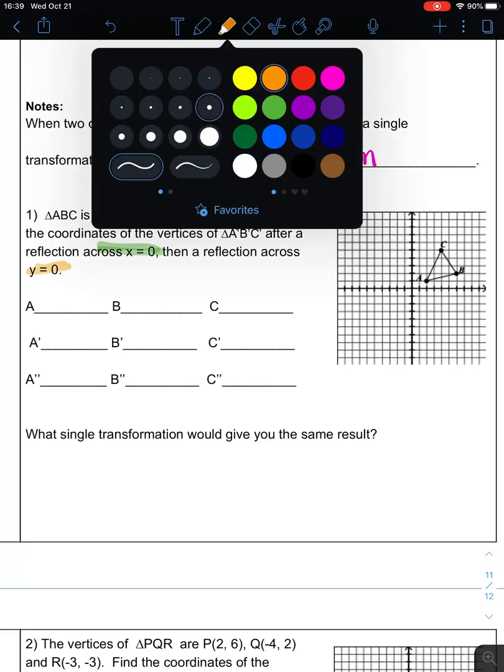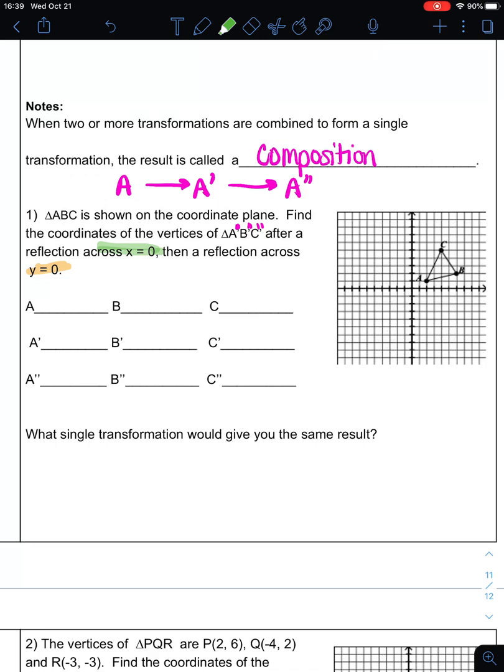So first we're going to do x = 0. If you remember, x = 0 means you're going to draw a line that goes through x at 0, which just so happens to be the y-axis. So remember, when you reflect, you can do this on a graph or you can use the rules. When you reflect across the y-axis, your rule is that your x values are going to change